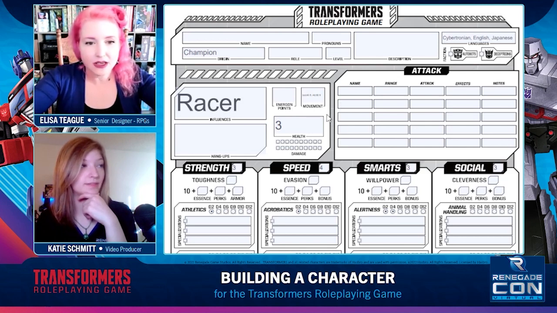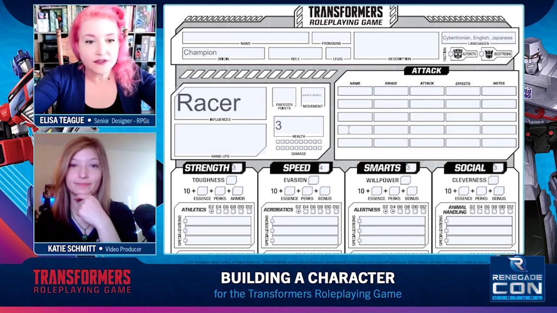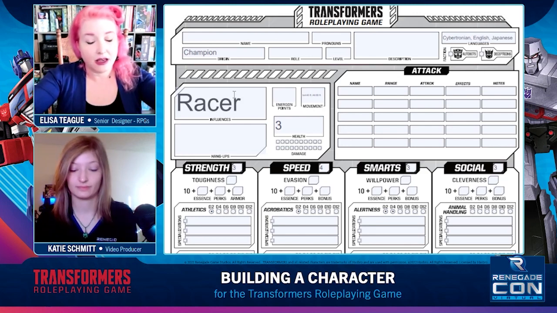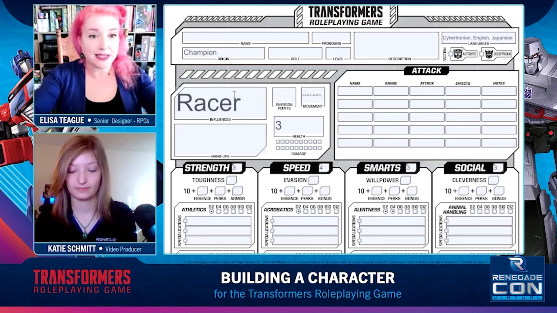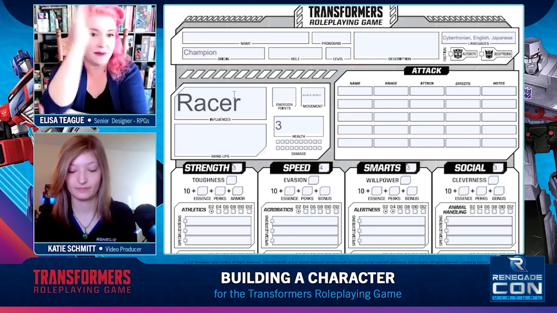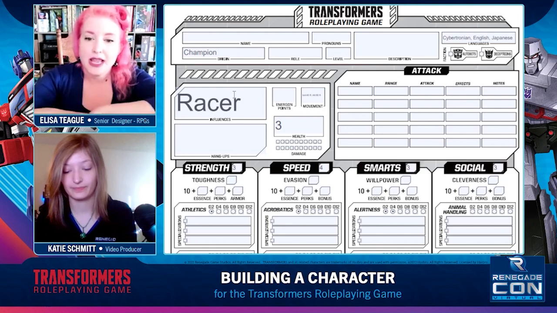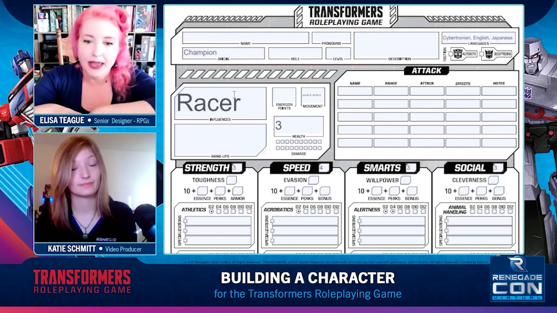Cool. And so this gives you a lot more details that you can write in your notes, but your size as a bot is large. Your size in alt mode is long. Basically, it's the exact same thing. You're either standing up or you're laying down. You're long. Right. And then it gives you things like your fire points, and